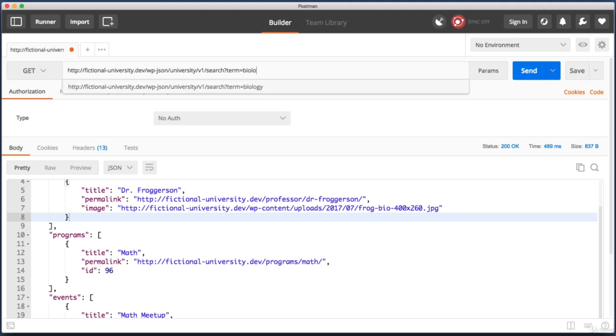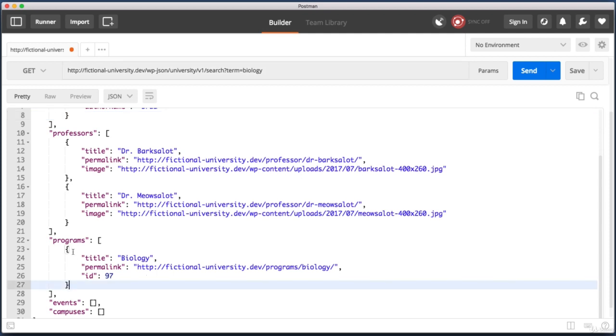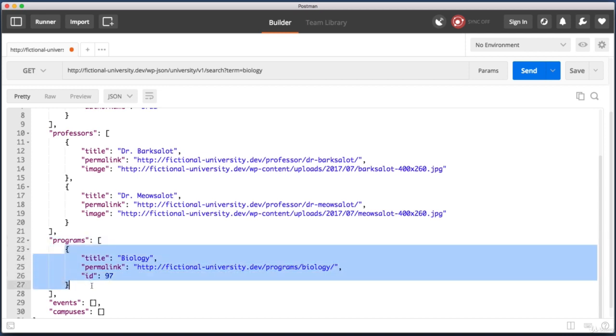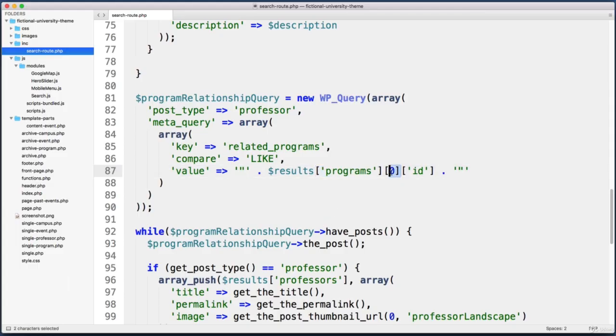Or if someone searched for biology, right now we've just got the one program named biology, but what if in the future our university has marine biology and human biology, right? So what I'm getting at here is, what if the programs array contains multiple programs? Well, in that case, we wouldn't want to set this to only look within the first item or post in